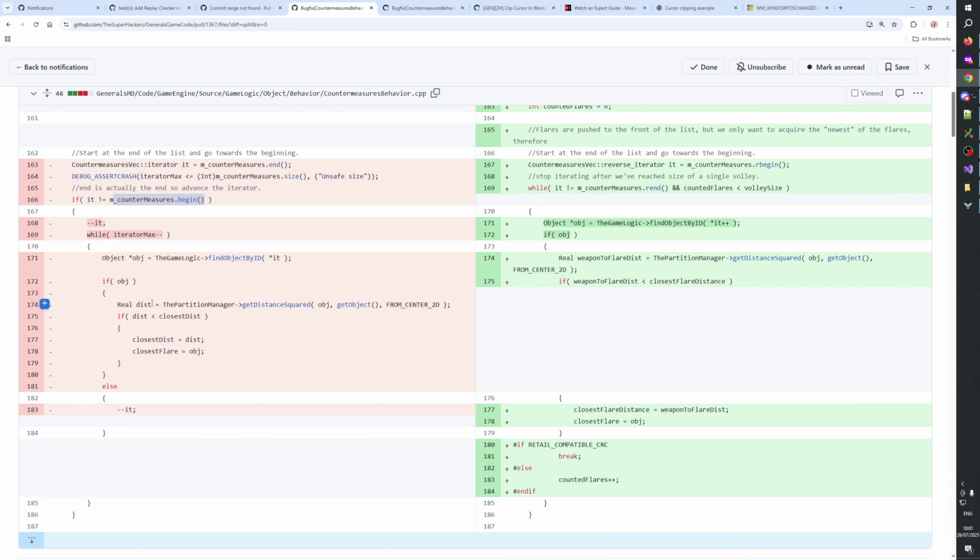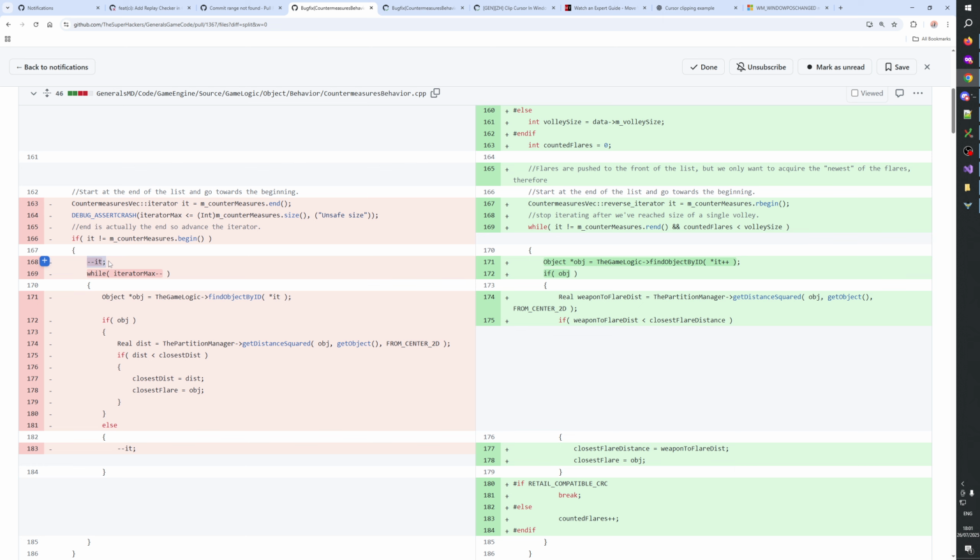Okay, so the original problem is that here it can count down here and then can count down here again, and so it could be past this here, right? Yeah, so that's the original bug.